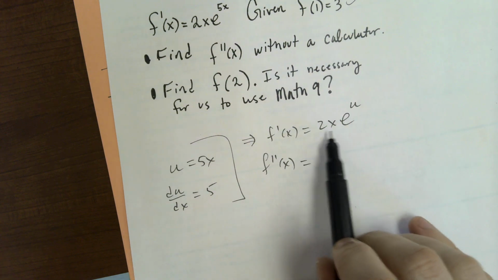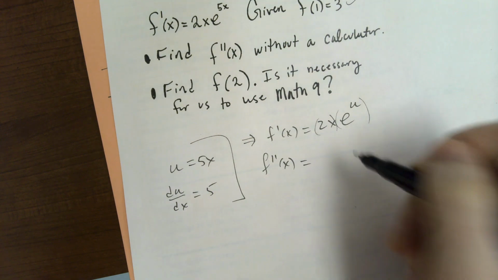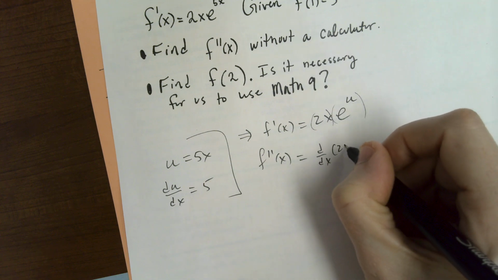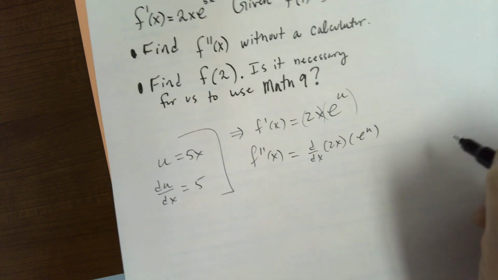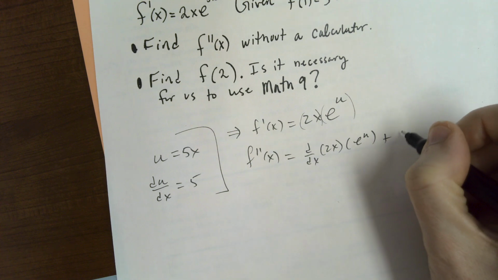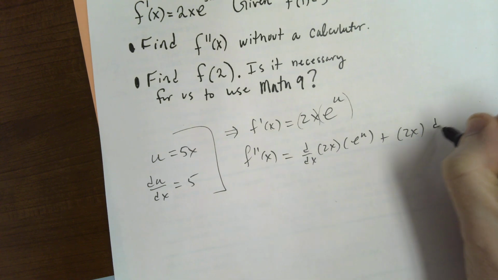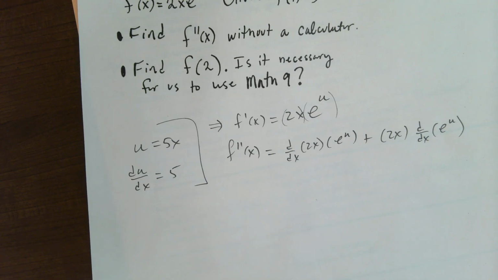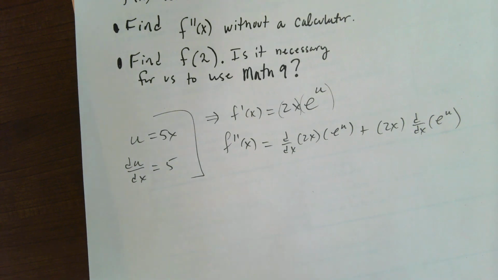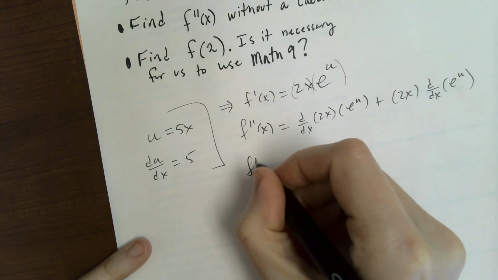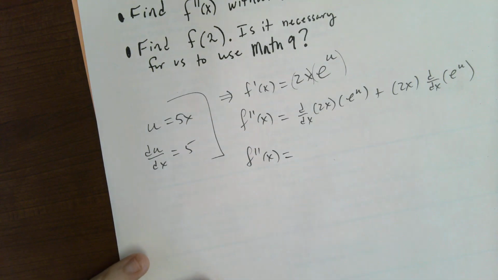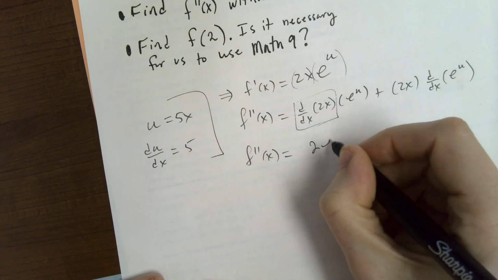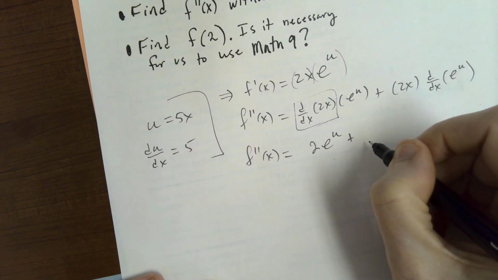And then d dx on this side, but I need product rule. All right, and I won't mess it up this time. So d dx, 2x e to the u comes down, plus 2x comes down, d dx e to the u. Okay, so we've got f double prime of x is equal to, so the derivative of that is just 2. So 2 e to the u plus